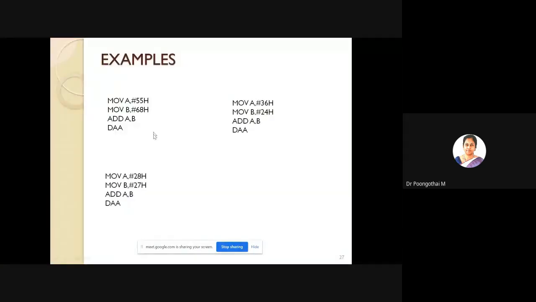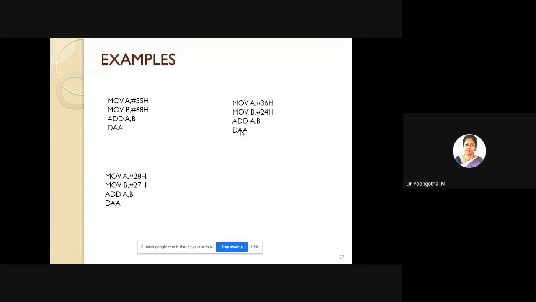The first example we have already worked out. So have you completed these two problems? What is the answer for the second one? MOV A, #36; MOV B, #24; ADD A, B; DAA.